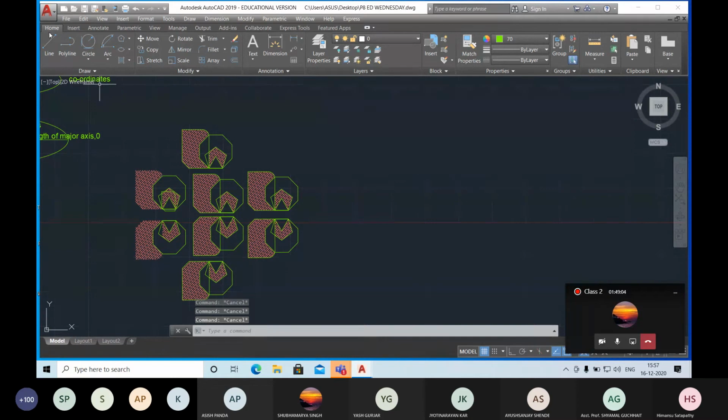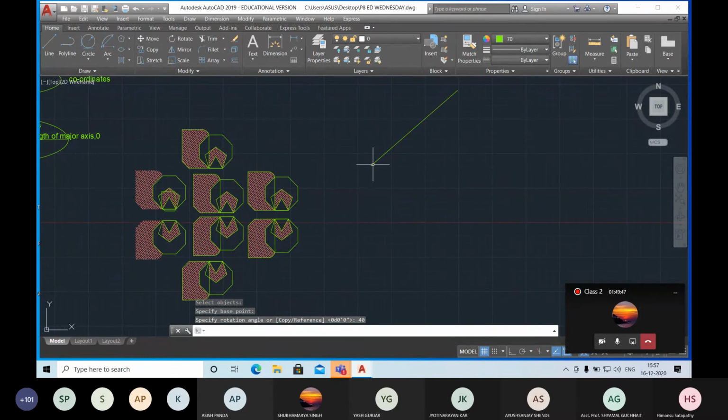Similarly, the rotate command. If I want to rotate a line, please pay attention. This is my line. If I want to rotate this line, then the command is rotate. Select the line, press enter. Rotation point: at which point you want to rotate, you can rotate at this point. And now you can rotate by using the mouse, or you can mention the angle. If you mention a minus sign before the angle, then that is clockwise rotation. If you want to rotate anti-clockwise, then simply use a positive angle. Control Z, go to command rotate, select the line, press enter. The rotation point will be this one, and angle 40, then the line will be making an angle of 40 degrees.